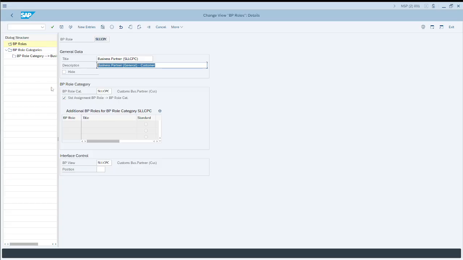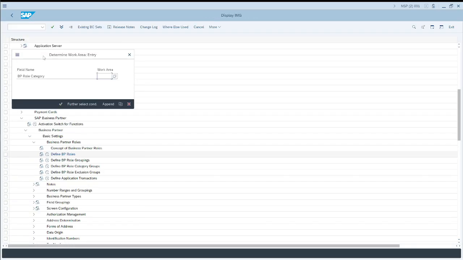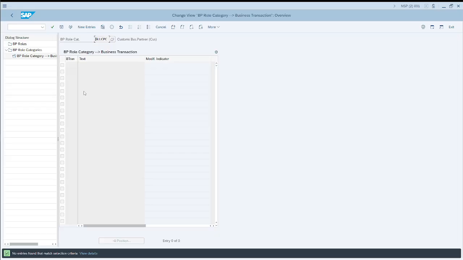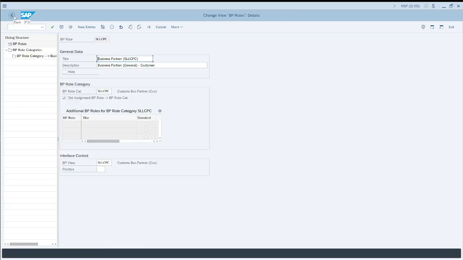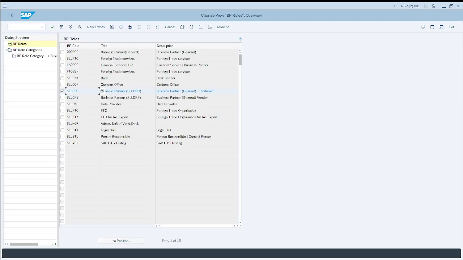This is how you define and tell the system that whenever a vendor is created, it will get assigned the business partner role SLL CPS, and whenever a customer is created, it will get created as SLL CPC. SLL CPC is for customer, SLL CPS is for vendor, SLL FTO is for foreign trade organization, SLL SIT is for legal unit, and then